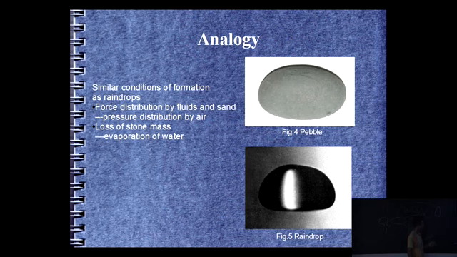Just like the pebble, the raindrop flies in the air. After much time, it will become a stable shape, so it is more like that. The raindrop will be like this,